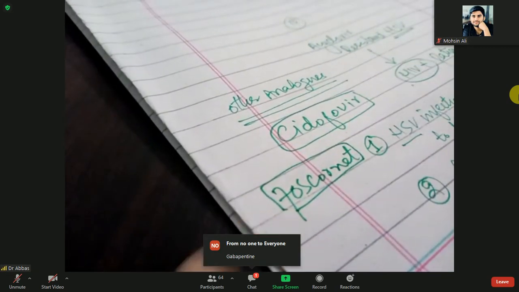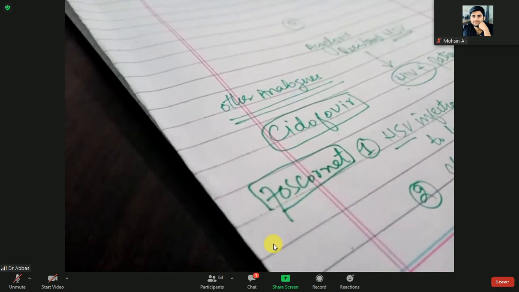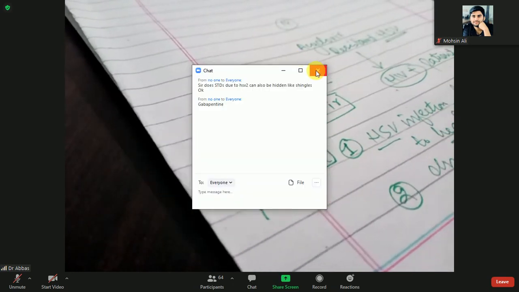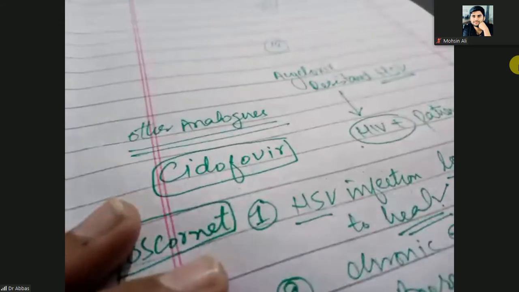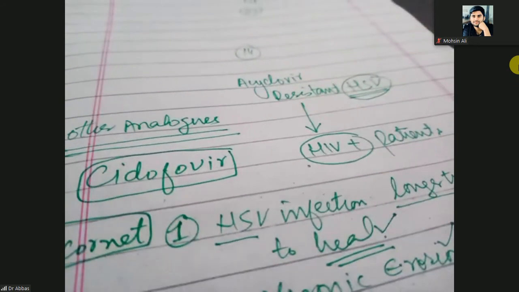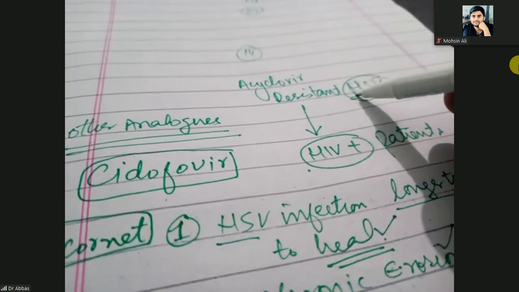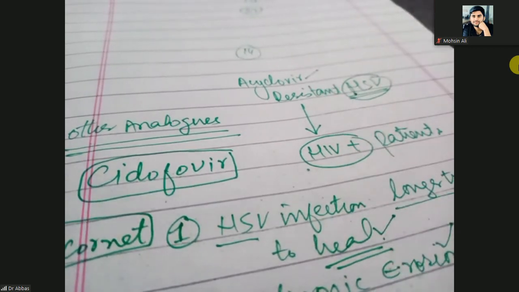Okay. Actually, gabapentin is not an antiviral drug. Maybe here is the question, so I tell you. Drug receptors have potency and efficacy problems. Receptor down regulation can happen, or there are some mutational changes in the virus. When the acyclovir resistance is due to the HSV virus, there are some genetic mutations, genetic drift, or genetic shift. So that herpes virus is not giving any response to the acyclovir.